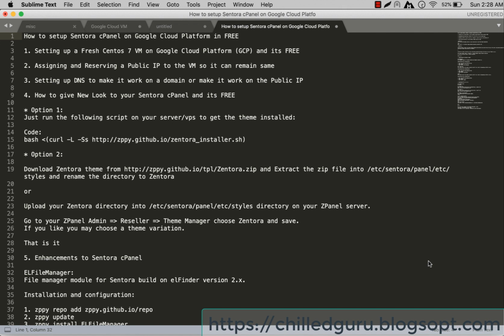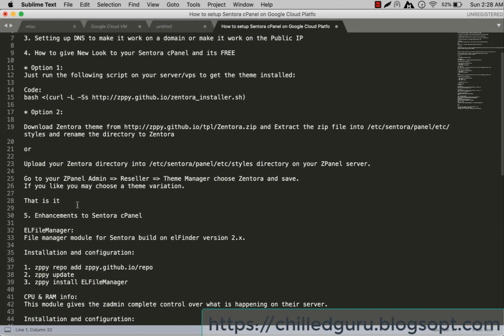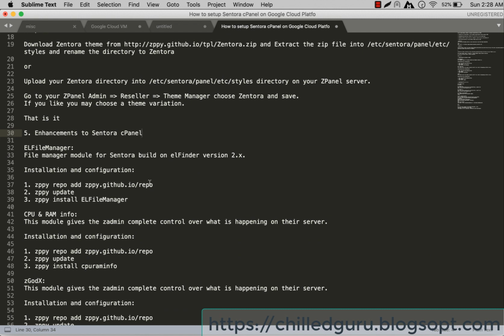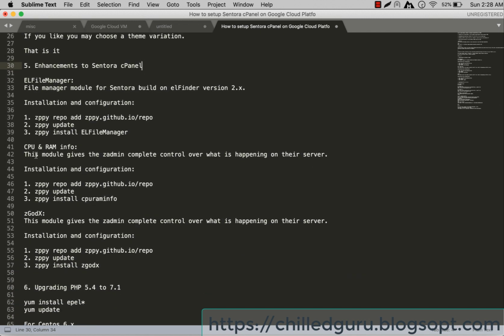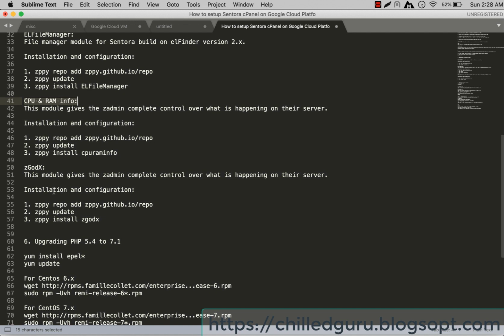and then we'll move towards enhancements, in which we'll install ELFinder file manager, which works like a cPanel file manager, and then we'll have CPU and RAM details. That's another plugin that we'll set up. And then zpanel X, this is also a module for Sentora panel, so you can see what is happening on